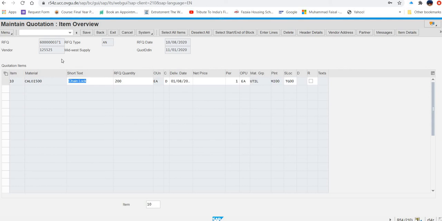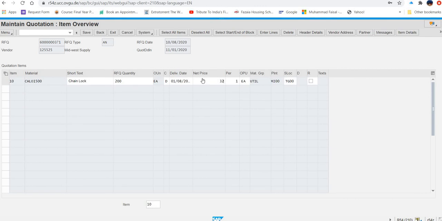When we press enter, now we are inside the maintain quotation, item overview screen. Enter a net price of 32 USD. Here, 32. And then after that, what else is required? Click on the display condition. So where is the display condition?